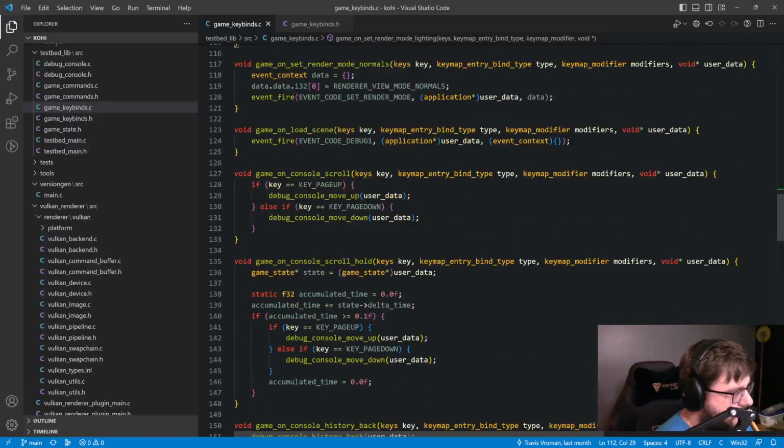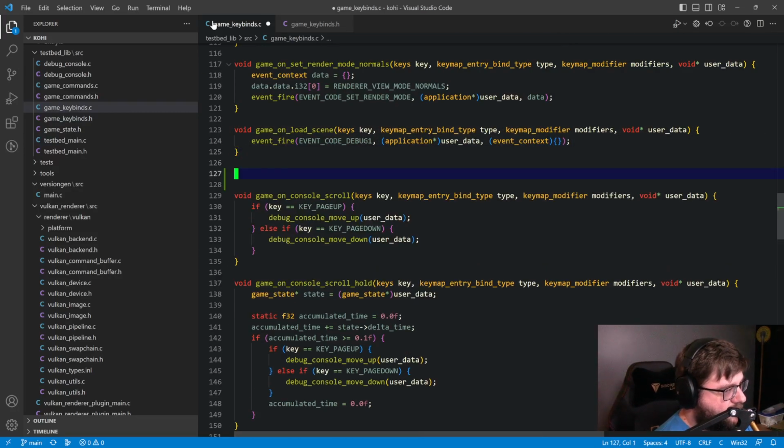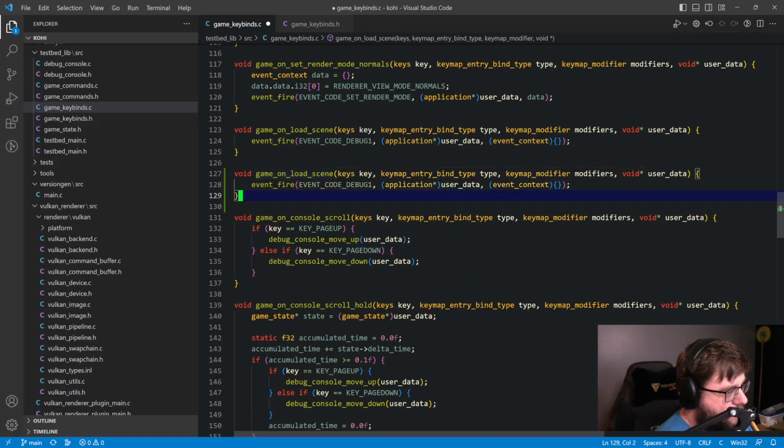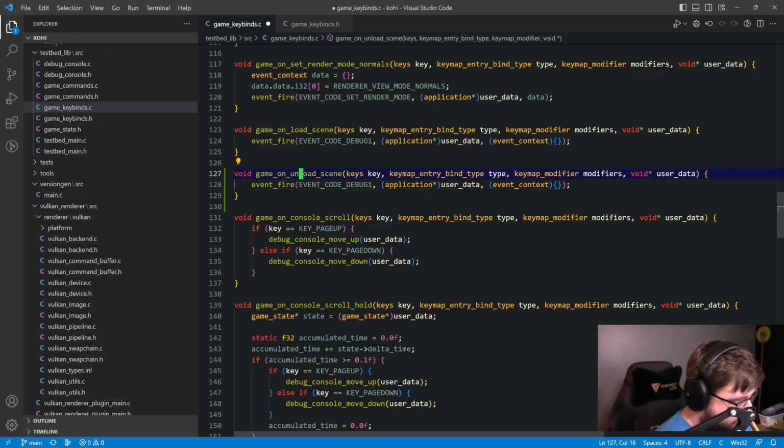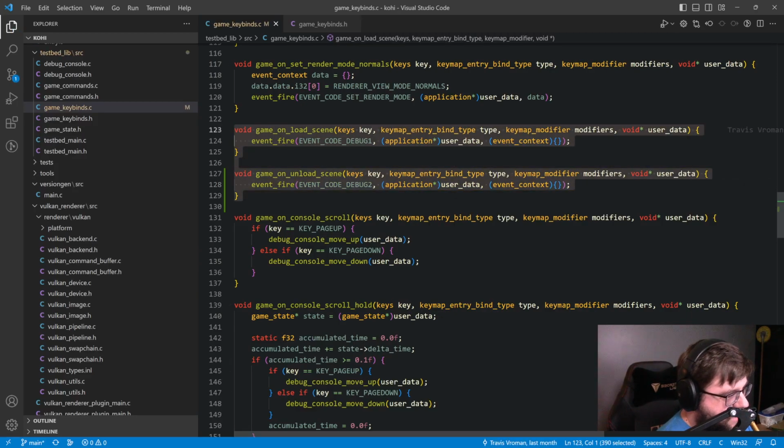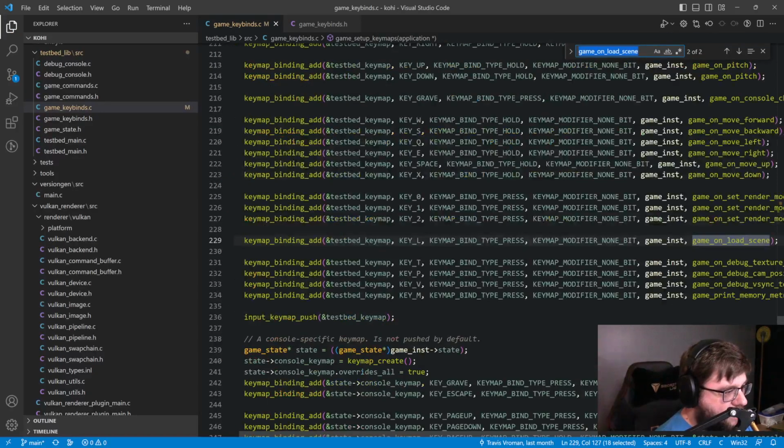So we have this generic event, game on load scene, which is a bit of a misnomer because we don't actually have a scene yet, but this is what fires off a debug event to load some code in our application. So I'm going to create another binding for this. This is our game keybinds, right? We have something bound to load scene, and now we're also going to have something bound to unload the scene. I'm going to use debug2 for this, so otherwise these are exactly the same. If we come down here,